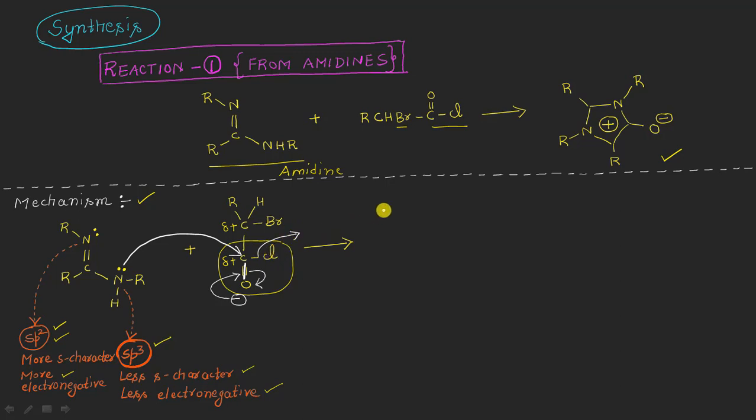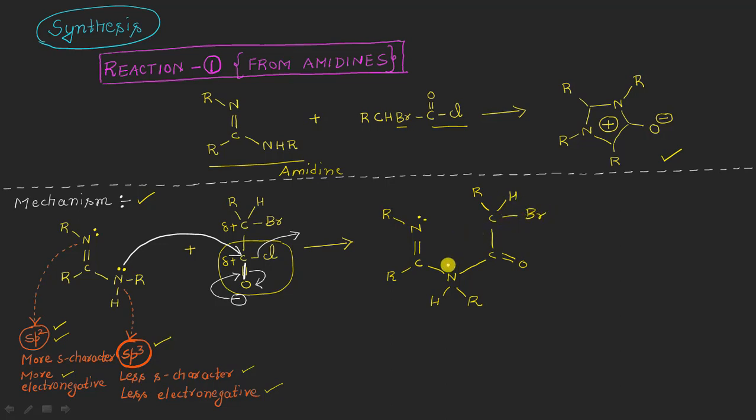Such that I can now write here the R single bond nitrogen as usual, having a lone pair which is unused till now, a double bond here, this carbon atom, the second R group here, single bond, this nitrogen, to which one hydrogen and one R group is attached in this way, okay? And because the lone pair is attacking on this carbon atom, so definitely we will now be showing a single bond in between this nitrogen and this carbon atom here, which is also having one double bond oxygen, a single bond, this carbon atom, which is attached to one R substituent, hydrogen and a bromo here.